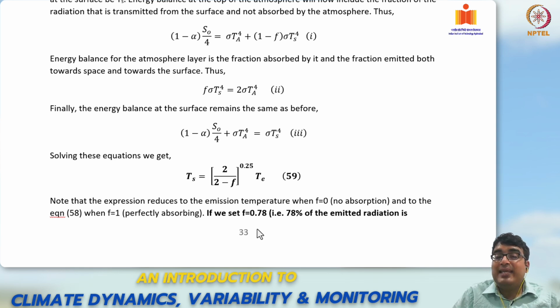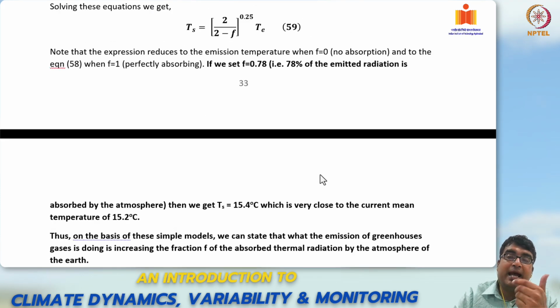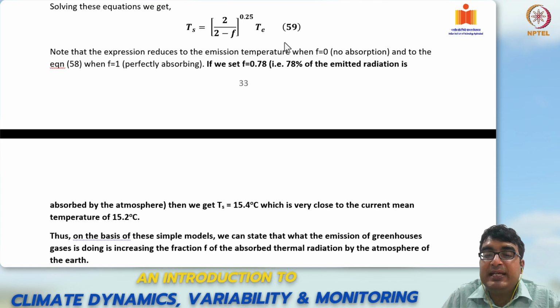So if we set F as 0.78, that is, 78% of the emitted radiation is being absorbed by the atmosphere, then using this expression we get Ts to be about 15.4 degrees centigrade. Remember, this will come in kelvins, then you have to change it to degrees centigrade. So we get Ts to be 15.4 degrees centigrade,